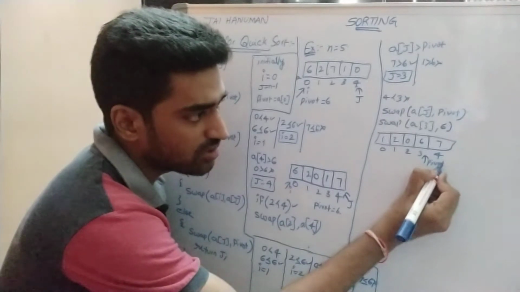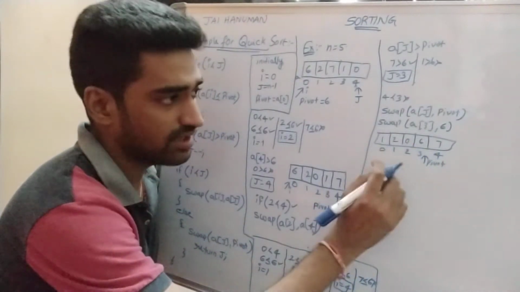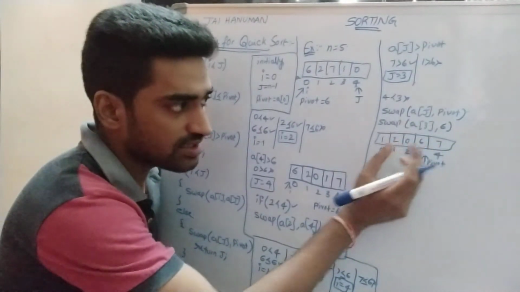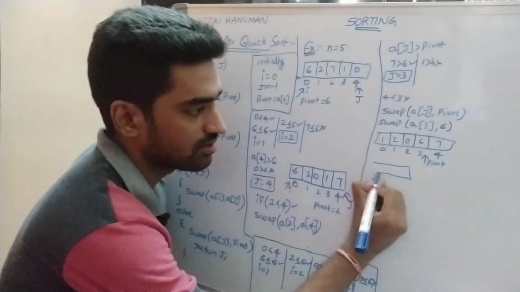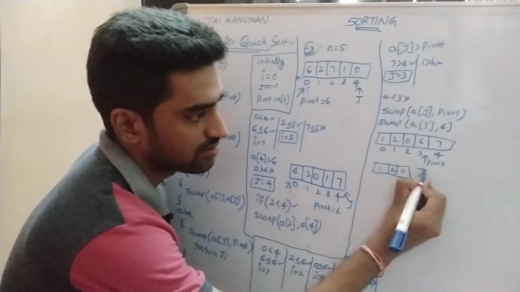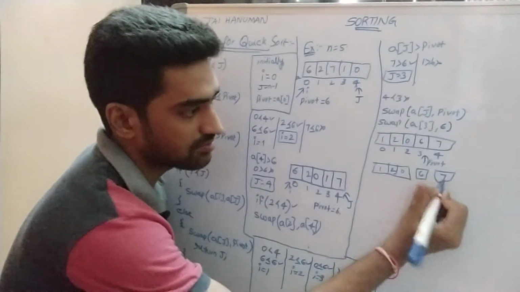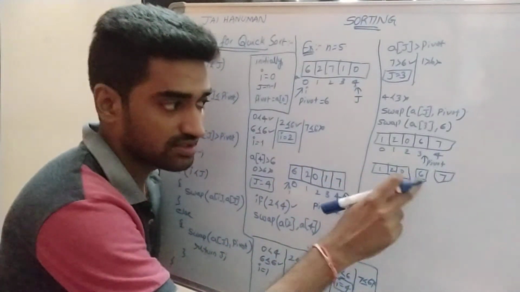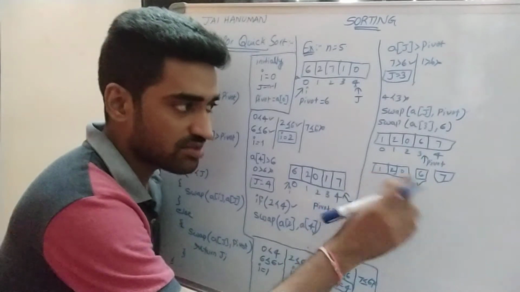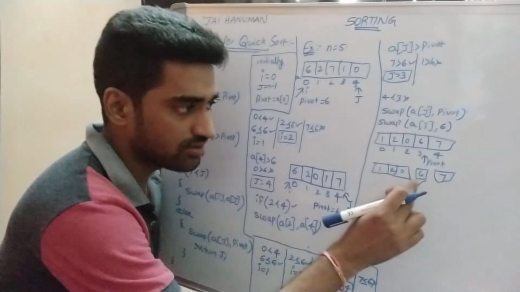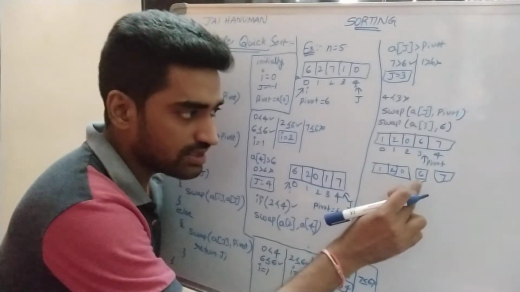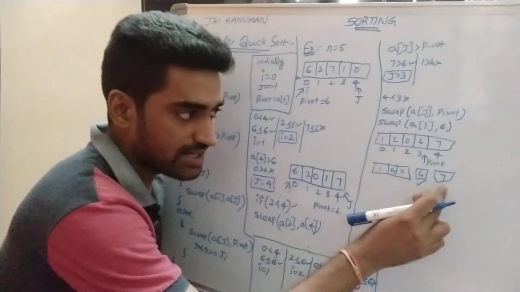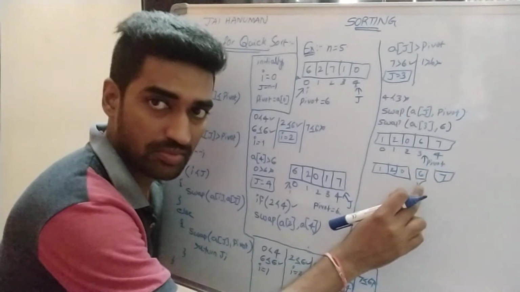Once the pivot position has been changed in the array, at the place of the pivot position we can divide the entire array into two subarrays. This is one array, this is the pivot element, and this is another array. So this element is sorted. Once the pivot position has been changed, that element has been sorted. This is the left subarray and the right subarray. Here we are observing one thing: all the elements in the left subarray are less than the pivot, and the right subarray contains greater elements when compared to the pivot position.